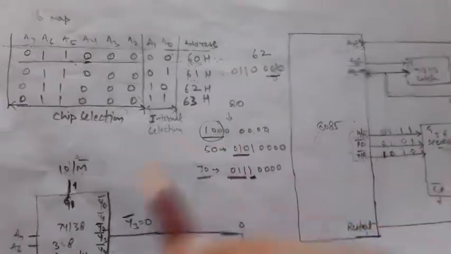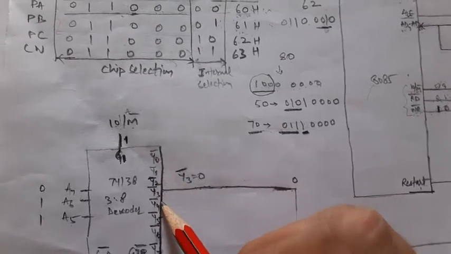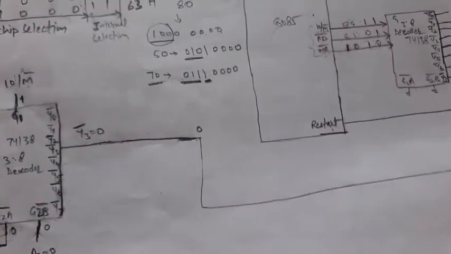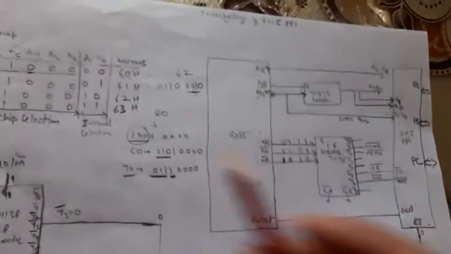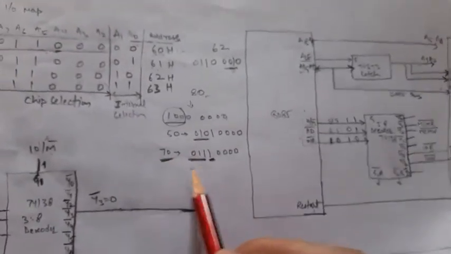Okay, so if I give them 100 over here, then based on 100, the Y4 will be selected. So Y3 will not be selected, and Y3 is connected to chip select of this 8255, so our 8255 will not be selected at the address of 80. Now suppose we have given the address 70, so the first 3 bits 011 are having the same value